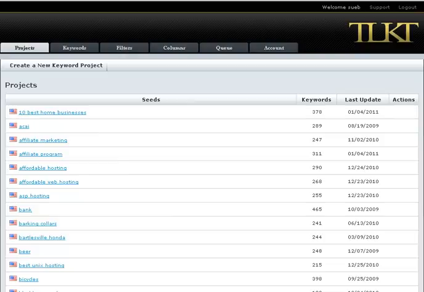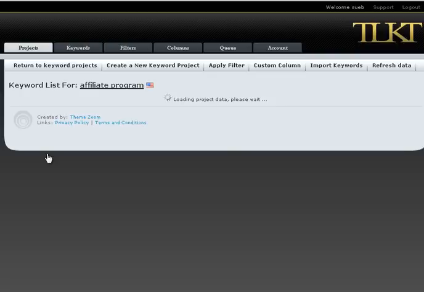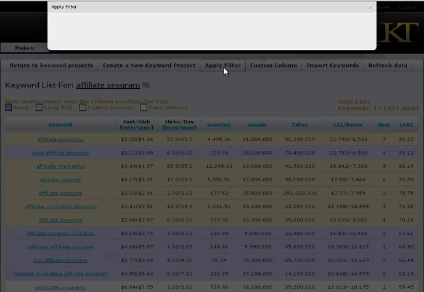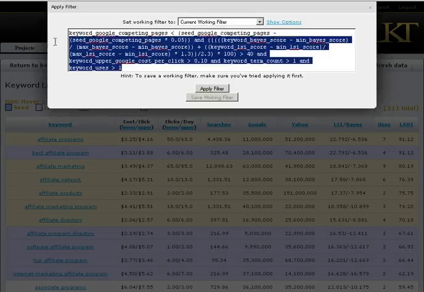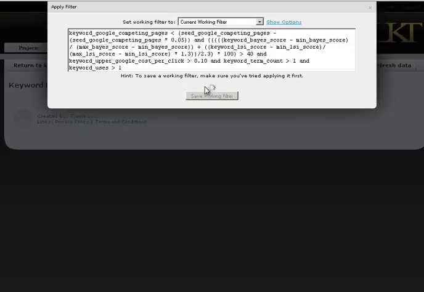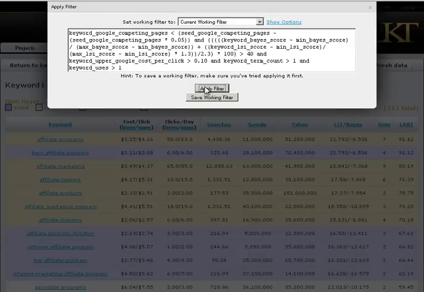It's what I call the supporting keyword filter. So let me just give you a quick demonstration. First of all, what that does. Let's go into something like affiliate program, and I'll apply this filter. Something there, I don't know what it is, but I'm going to wipe it out. And it looks like it's probably the same filter. That would make sense because I'm really in love with this filter at the moment. So I'm going to put that filter in there. I'm going to click Apply Filter. It's going to bring me back